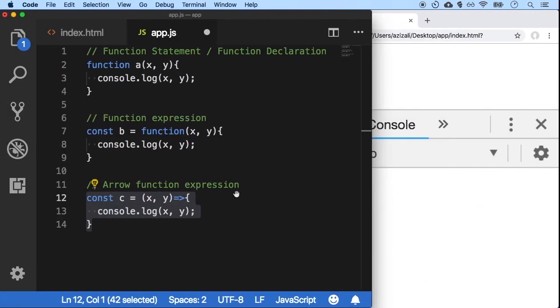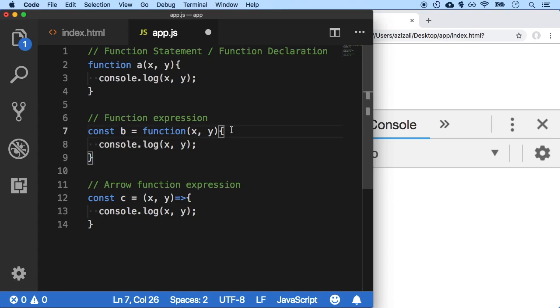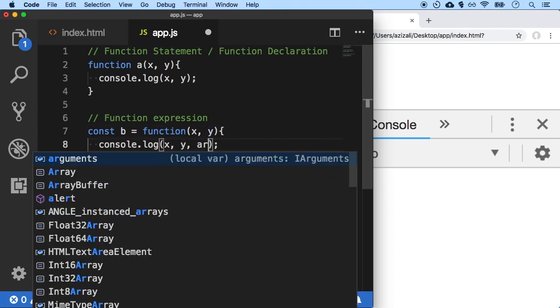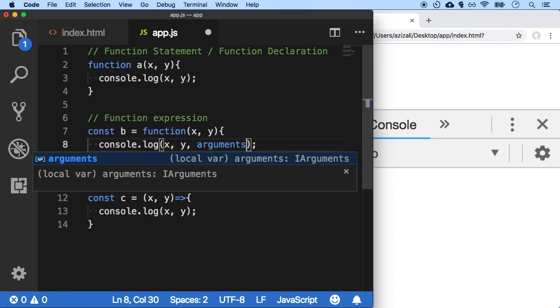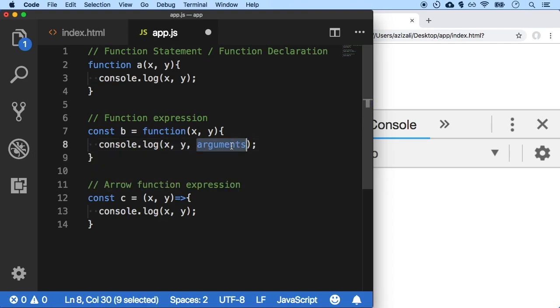So we know that functions get a special keyword called arguments. So if I just do arguments like such, this keyword is going to capture all the arguments that this particular function receives. So if I simply try to log this and log this over here as well